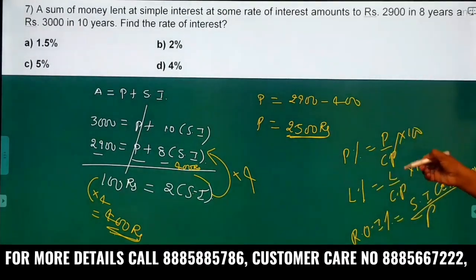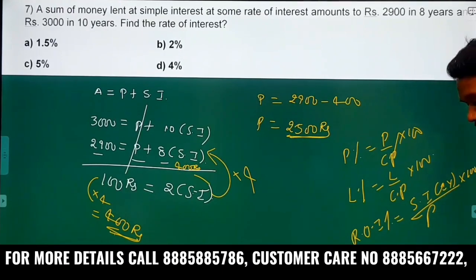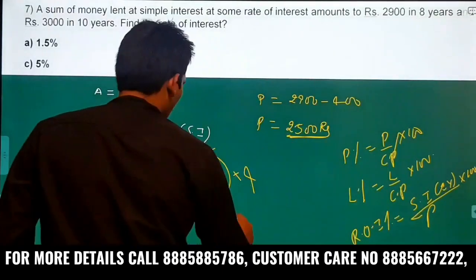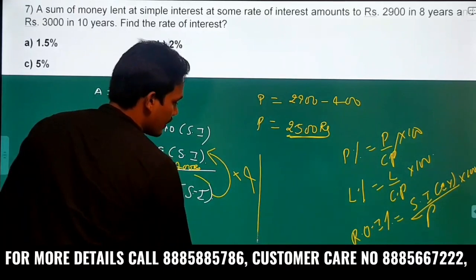All the three formulas are the same. In my view they are not formulas, they are some equations, right? Here I already said rate of interest is defined per year. That's why I have to consider simple interest for only one year, right? So now we need to find the rate of interest.